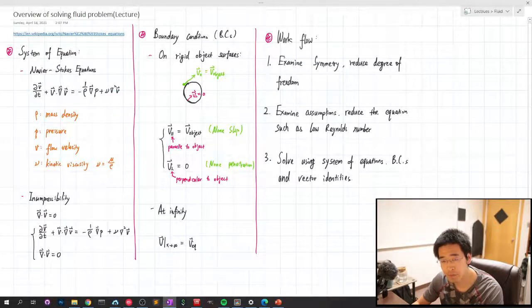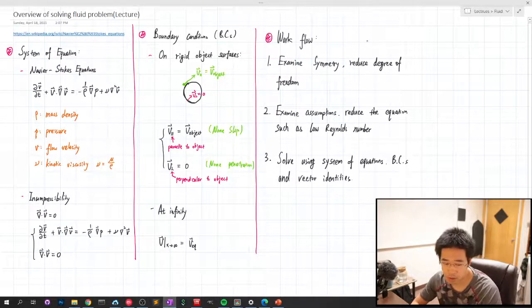At infinity, if we have a constant flow, then we have this boundary condition. So in general, the workflow will be to examine the symmetry, if we have spherical things or some